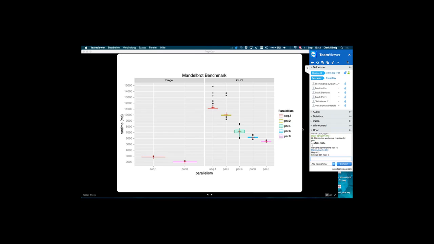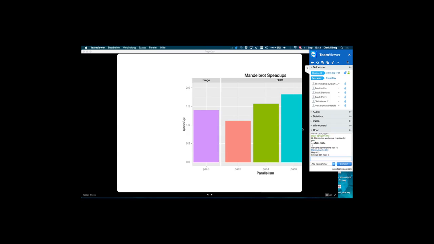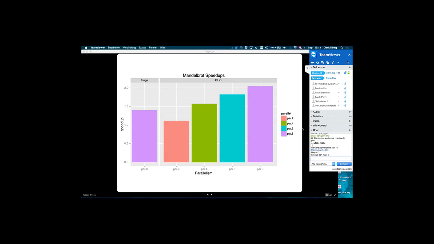And unfortunately, now it comes, the speedup is a little bit less than in GHC, even though we are faster. This is the next slide. Those are the speedups. So wait a moment. It's taking some time. So now the speedups of Frege. It's not that good, but GHC still gets 2 over the 8 cores. So, yeah. That's a prize for being fast. No speedup this time.